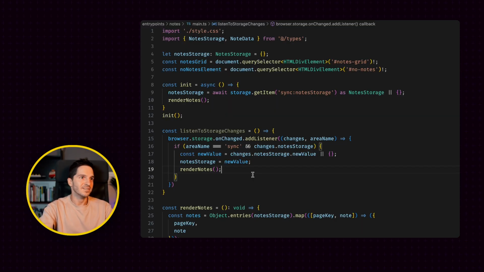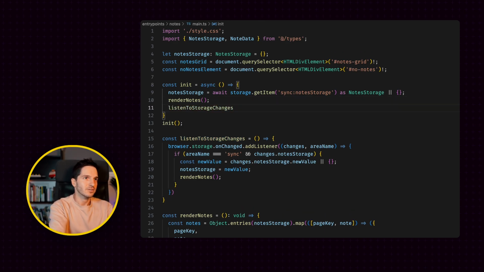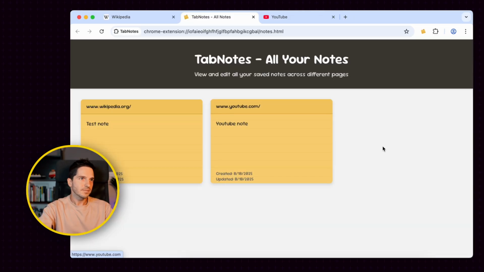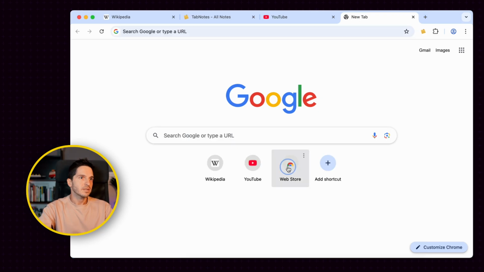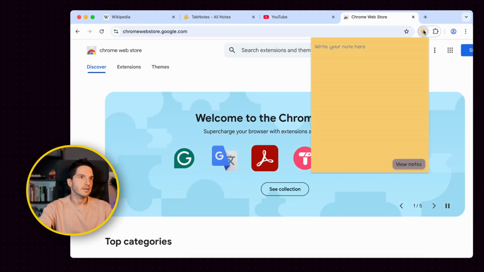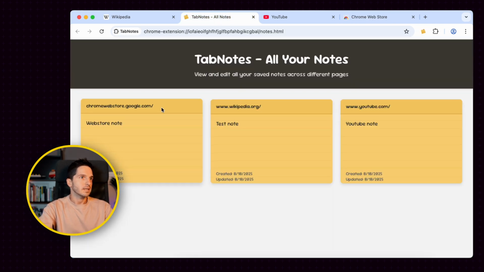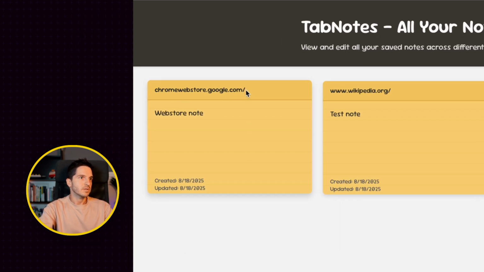Bummer. The reason is that I'm never calling the listen to storage changes method, so my bad. Let me just add it here. Okay, this was because of a page refresh. Let's find another page, the web store, and then note here, web store note. If I go back here, now you can see that the web store note showed up without me refreshing the